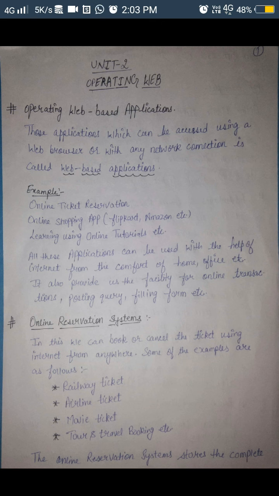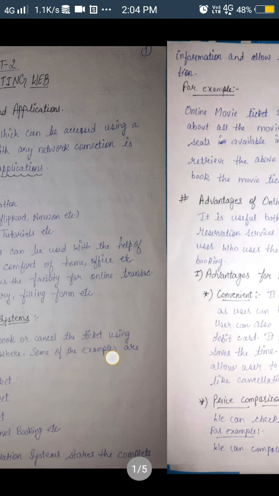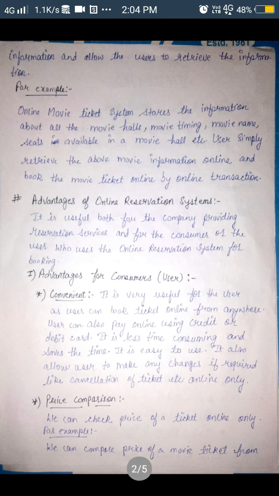Okay, and there are many more applications which we can use for the booking and cancellation of the ticket. These online systems store the complete information and allow the user to retrieve the information.